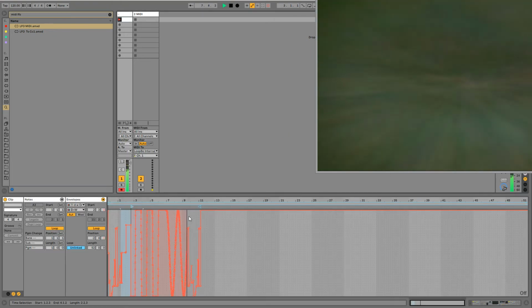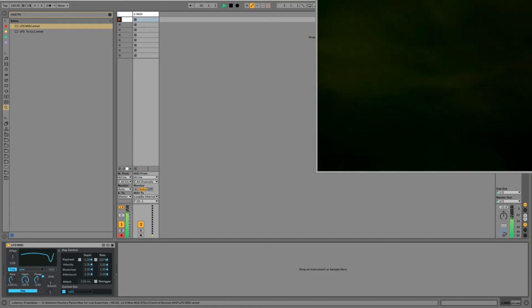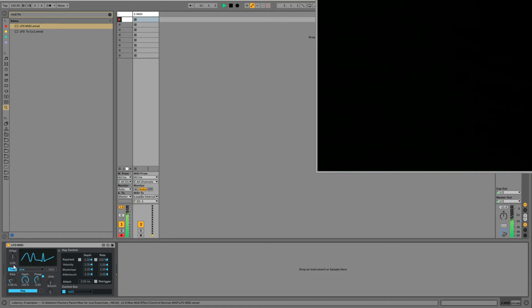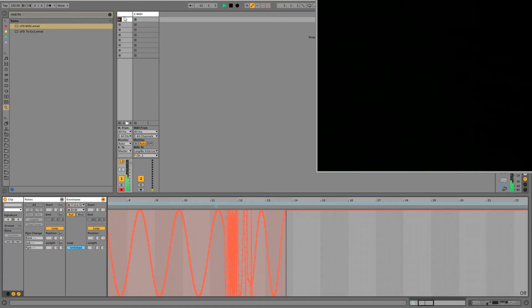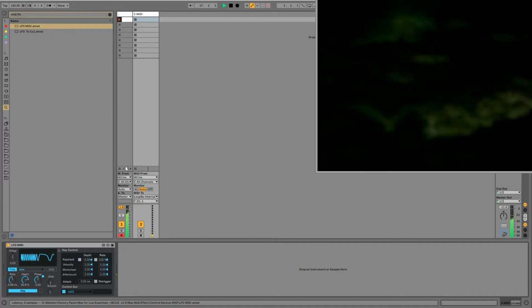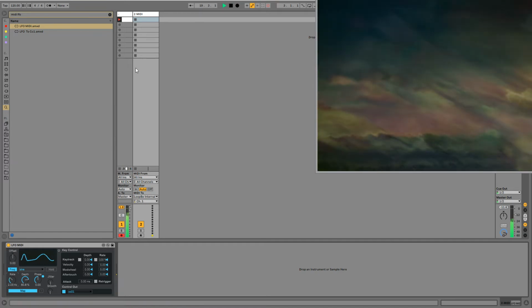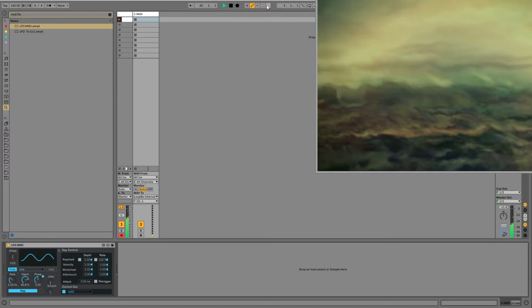Yeah, you can see where it's recording the LFO there. And I can go ahead and play with the rate. We can watch what just happened there. You get some interesting results. All right, I'll go ahead and stop that.